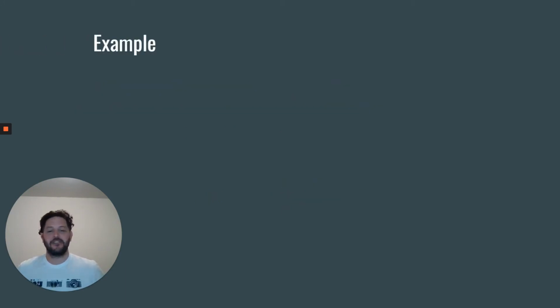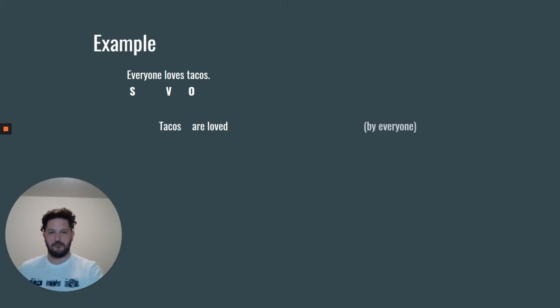So here's an example. Everyone loves tacos. We're back to talking about tacos now. Here's our subject, our verb, and our object. Everyone loves tacos. Tacos are loved by everyone. This is the passive voice. Everyone loves tacos: subject, verb, object. Tacos are loved by everyone is object, be verb, past participle, and then we're going to talk about by